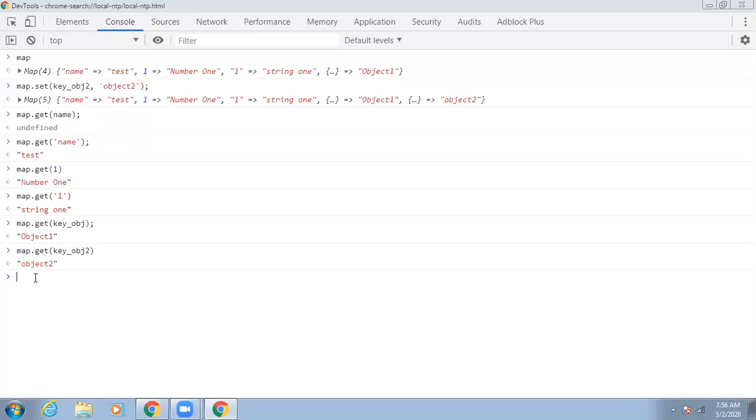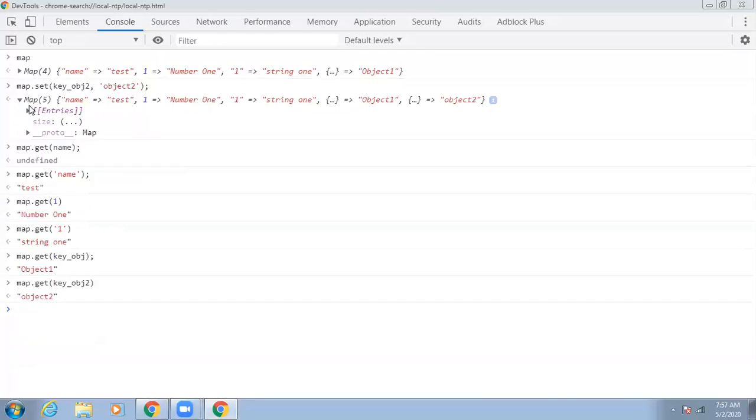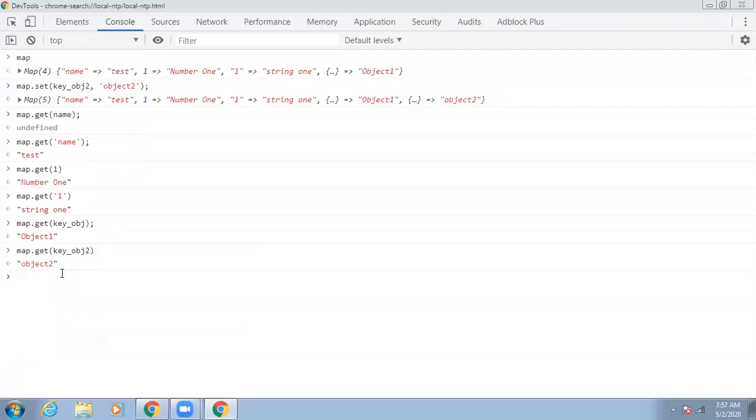But people are not using it in real-time applications, but it would be good if we can start using maps instead of objects. As I told you, as far as my concern, there is no case of storing an object as a property of the key. But if you have any chance of storing an object as a key of the object, then you can go and use this map instead of objects. So this is how adding and getting the values work.